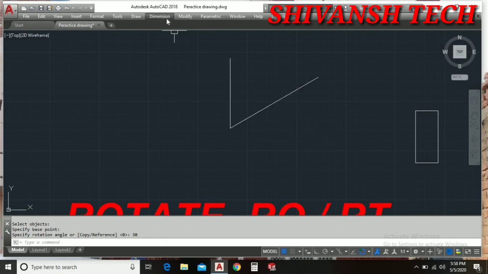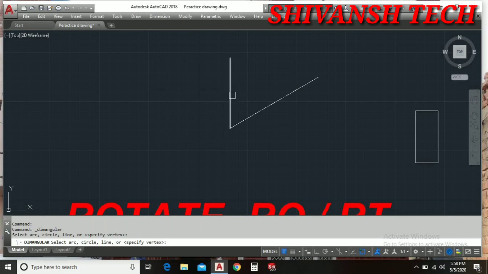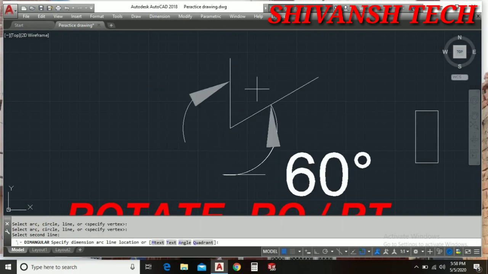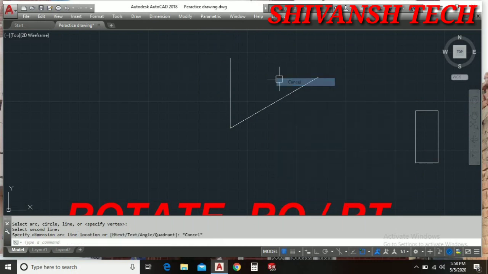So alright guys, let's understand. If you want to check the dimension, you can go here to dimension. You can check the angle. Basically it was a 90 degree angle, and here it is 60 degrees. So alright guys, I hope you understand. Let's try once more,